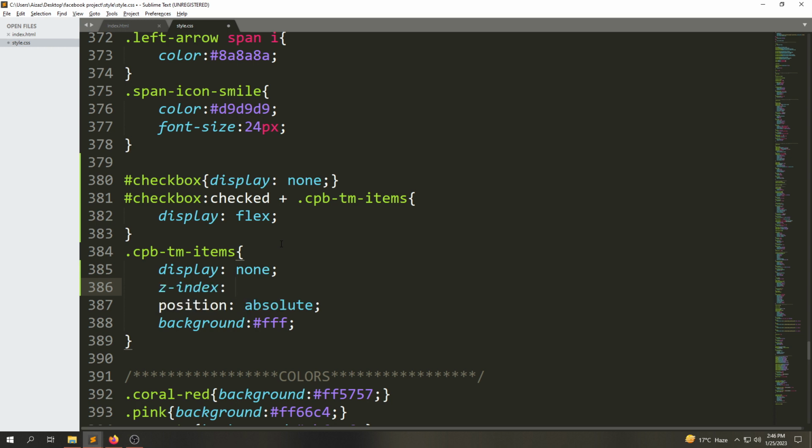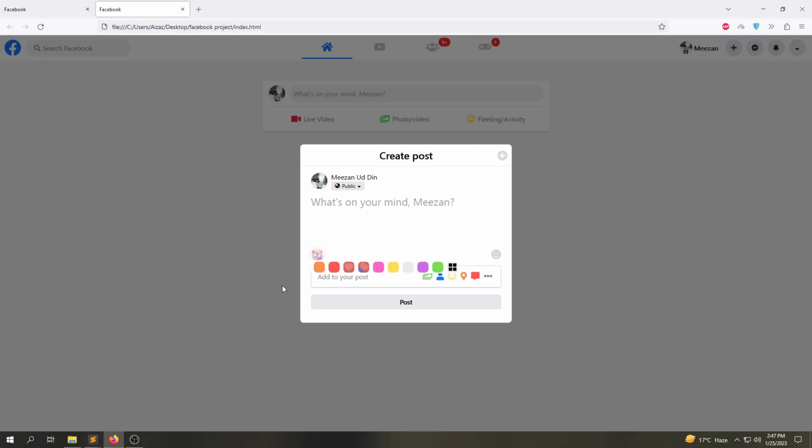I will explain z-index later, but you just add z-index with a value of 1000. I will explain later what this property does, but we just need to focus on this checkbox and label. So refresh it. Now you can see it's working, and when we click on this, it appears right below the